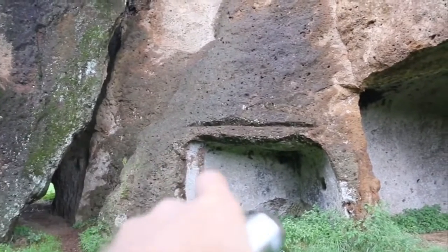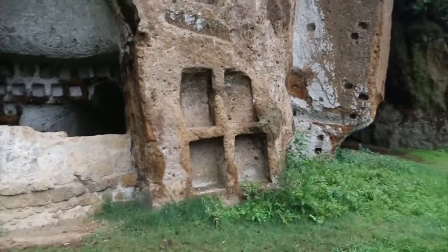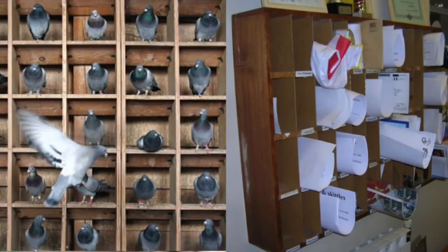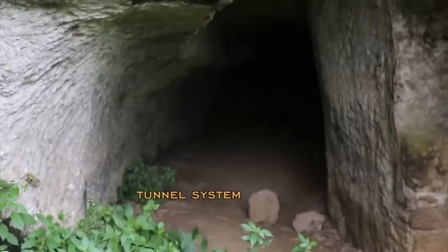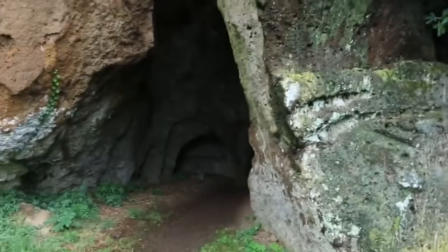But let's get back to the fascinating workings in the rock near the town of Sutri in Italy. Various cavities, a newer wall in here, in a way protecting the ancient wall within here. When I say pigeonholes, they're termed that, but they're of course not necessarily pigeonholes. That structure going up. Just to pan around the whole scene. All sorts of little spots, all sorts of odd aspects to the scene. So the tunnel system,